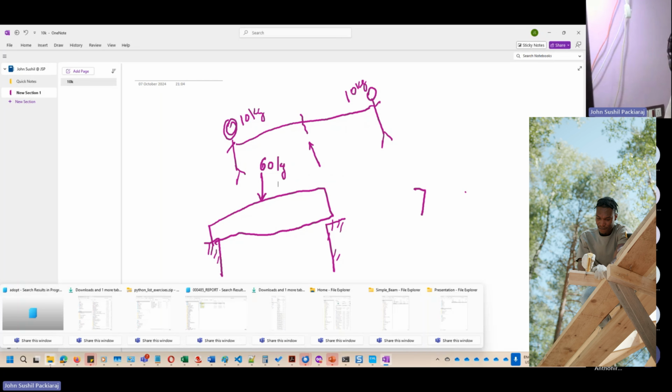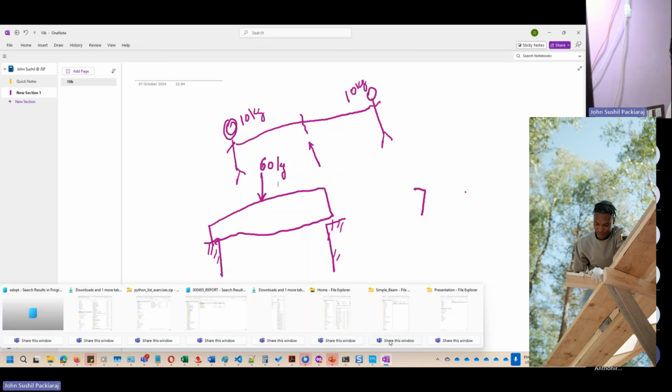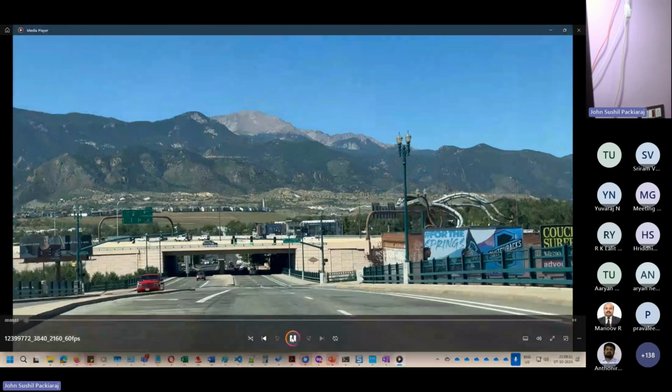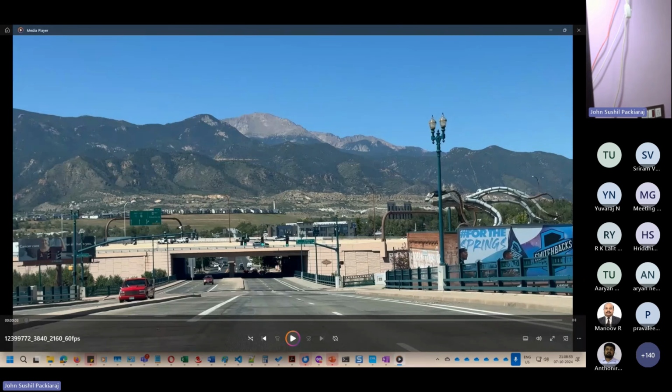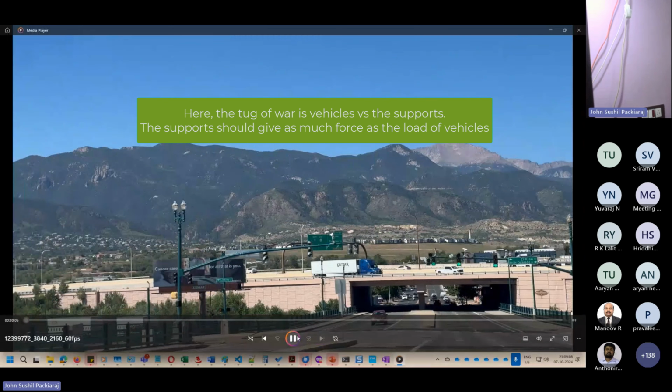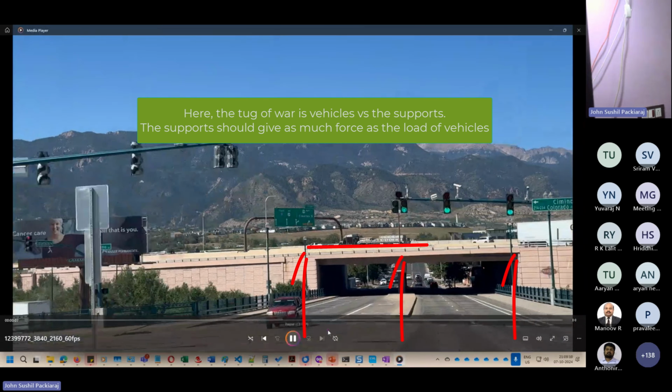Very quickly, let me just show you a very short video. So watch this. If you see, this bridge is essentially like a plank. It is just a plank. It is sitting on a middle support and on the two sides. And instead of a person standing, we are having cars and other vehicles moving around.